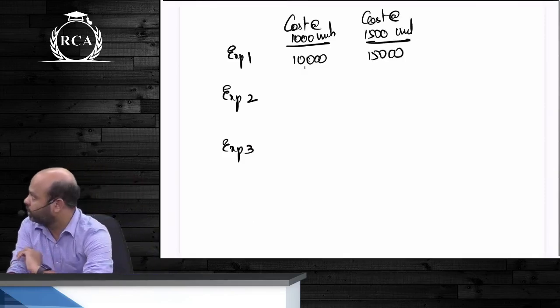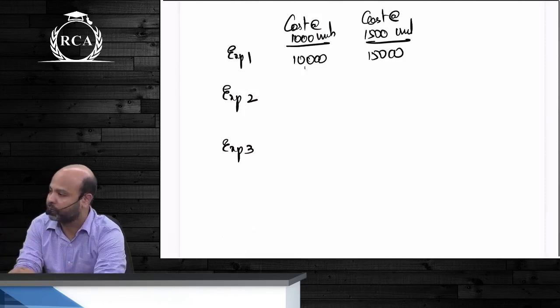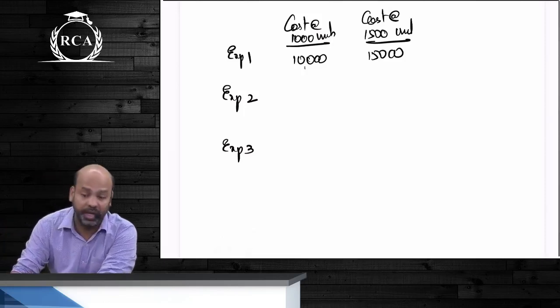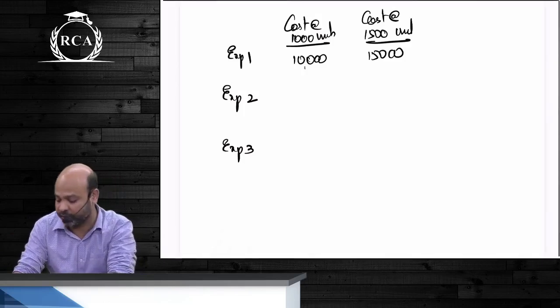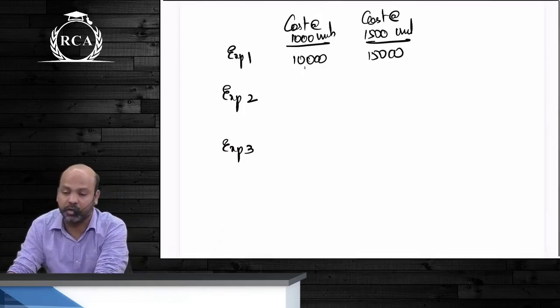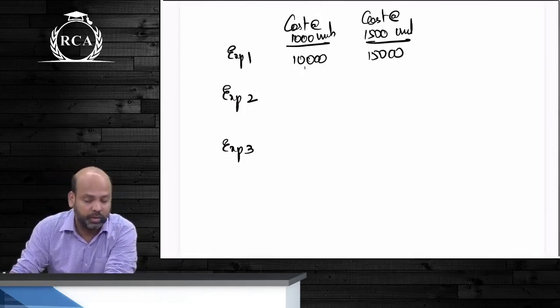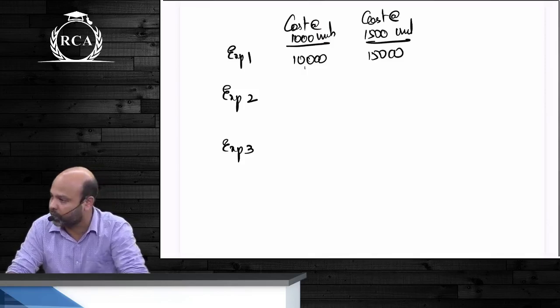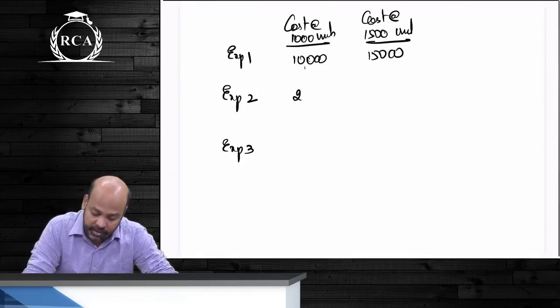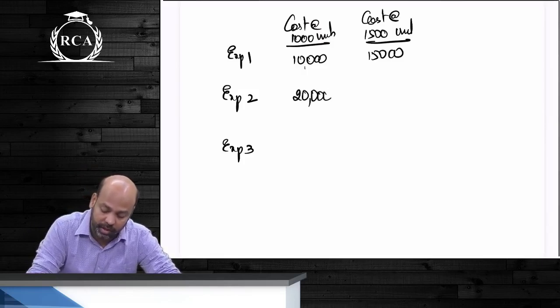If you divide 10,000 units by 1000 units, what is the cost per unit? 10 rupees. 15,000 divided by 1500 units. Is the cost per unit constant? That means it becomes variable in nature. Are we clear? Let's say there's another expenditure beta whose total cost was 20,000 at 1000 units, 20,000 at 1500